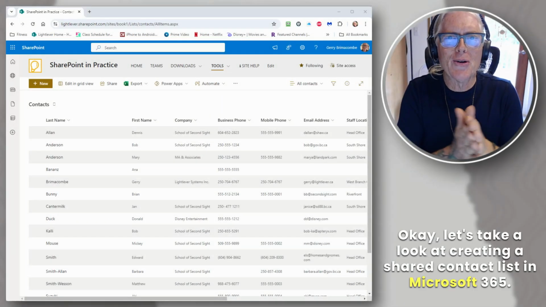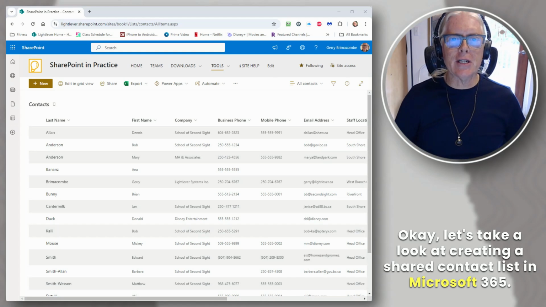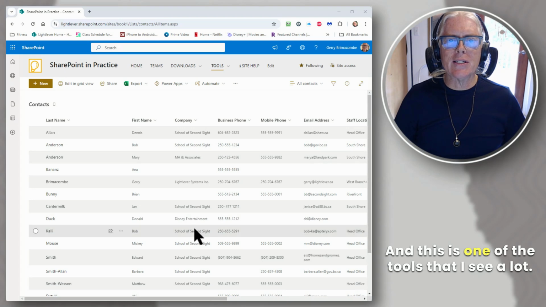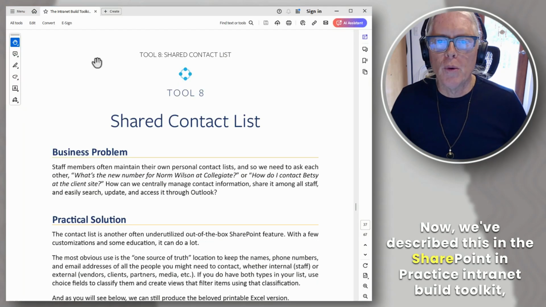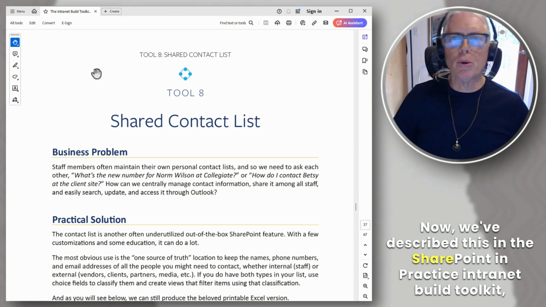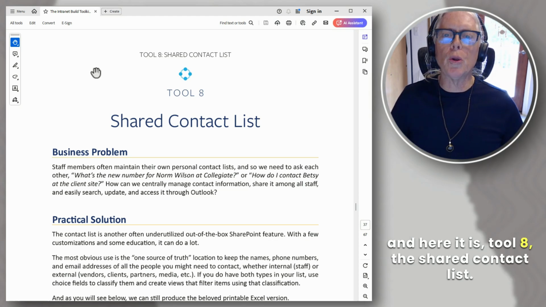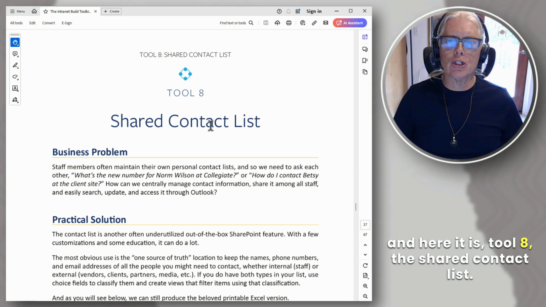Okay, let's take a look at creating a shared contact list in Microsoft 365. And this is one of the tools that I see a lot. Now, we've described this in the SharePoint in Practice Intranet Build Toolkit, and here it is, Tool 8, the shared